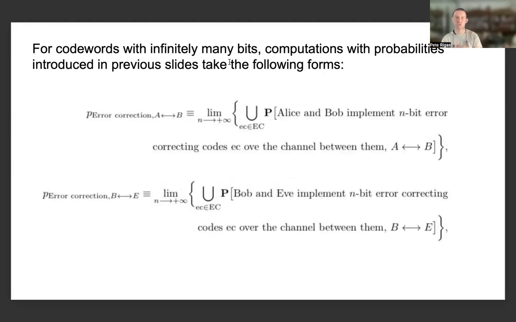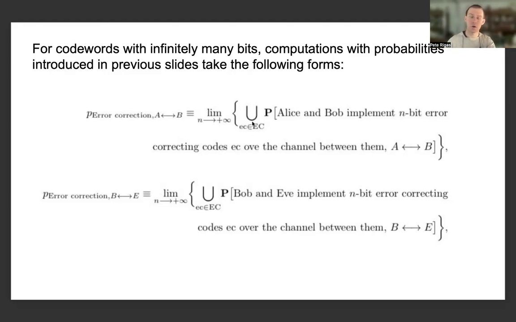Namely, we have been introducing and also describing how the probability of error correction can arise within either a more algorithmic sense for quantum algorithms or even other types of more theoretical information processing tasks, and how this is relating to the probability of error correction over Alice and Bob's quantum channel for code words with infinitely many bits, which is given by the limit as the number of bits, little n, of the code words approaches positive infinity,